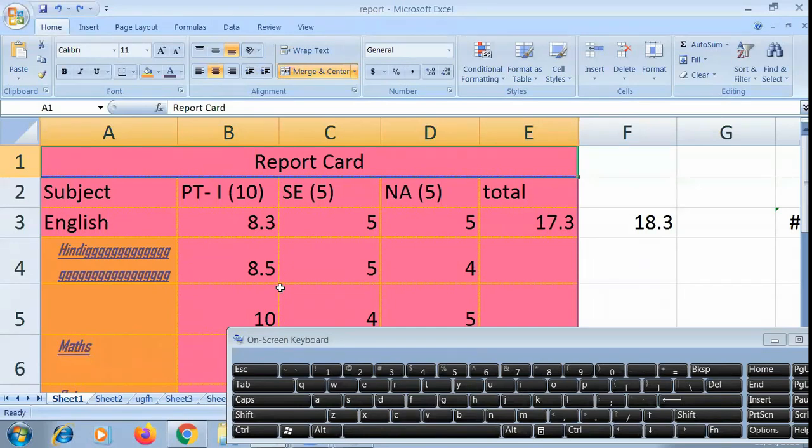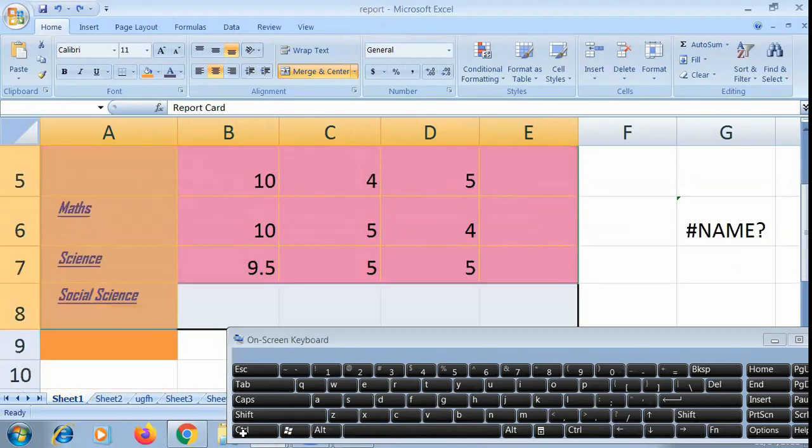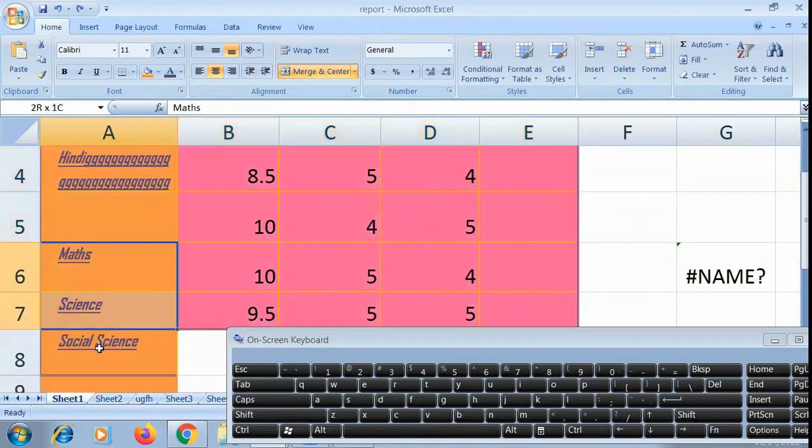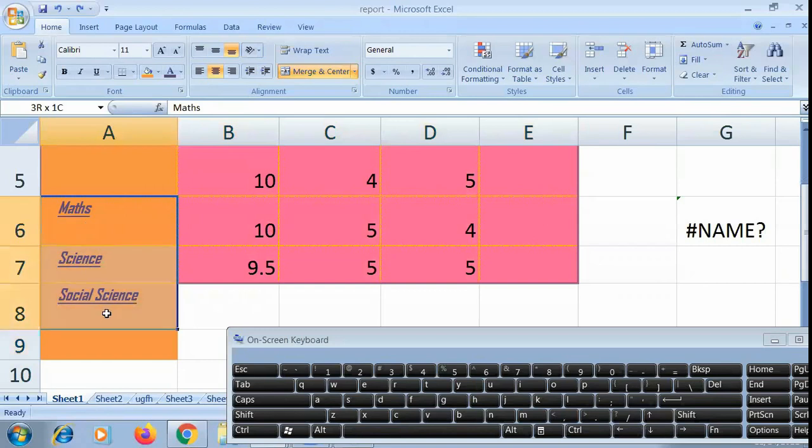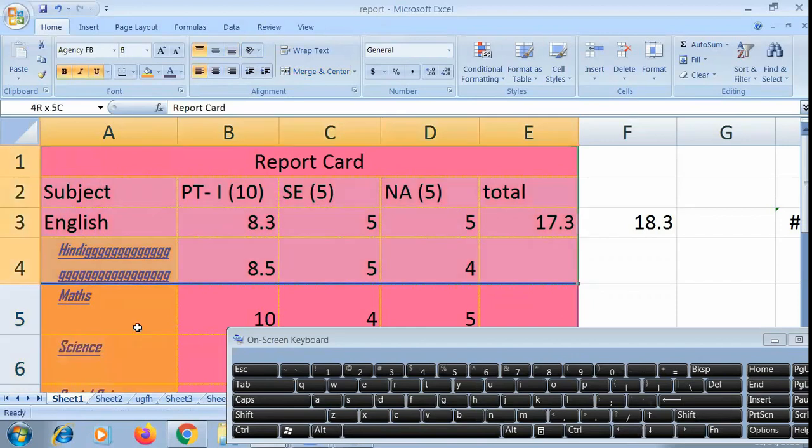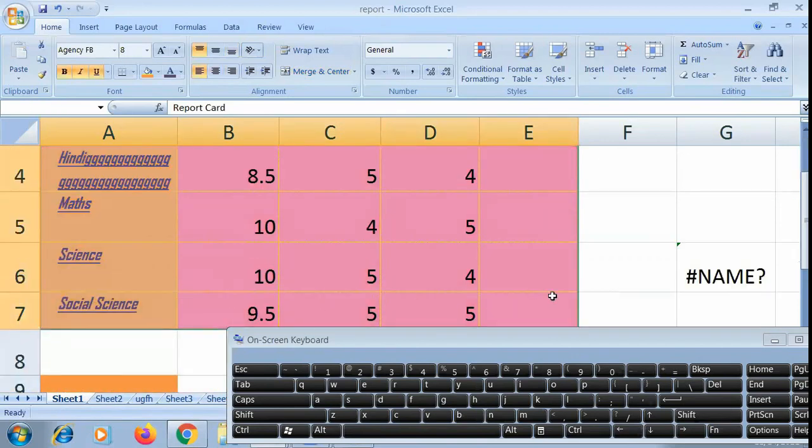Okay, applying border. Now, to apply border, you have to use the border feature. For that, you have to select the group of cells that you have, and then go here where border is given.